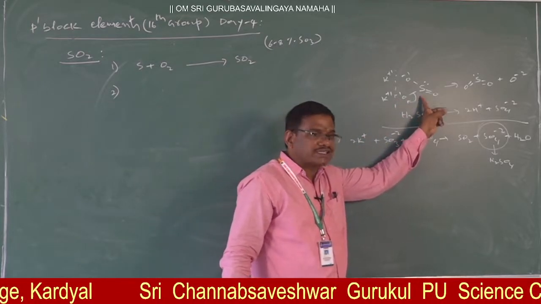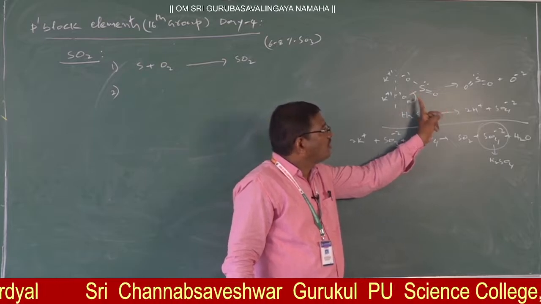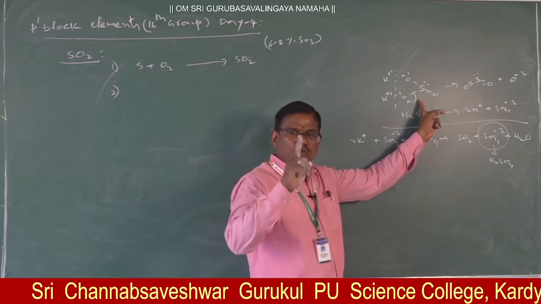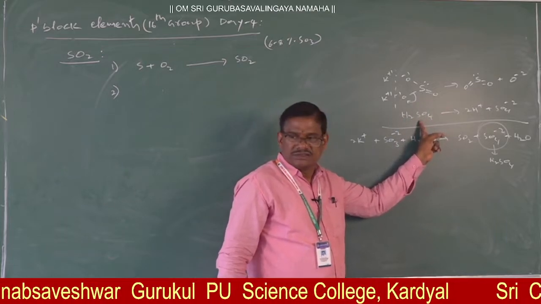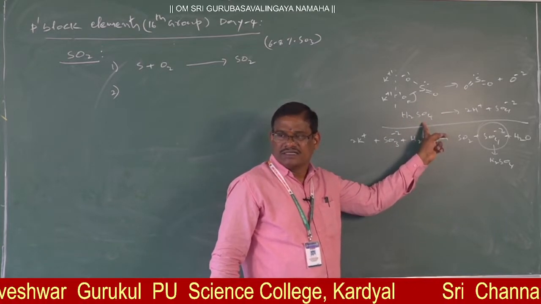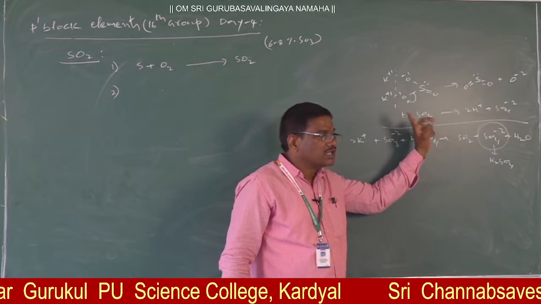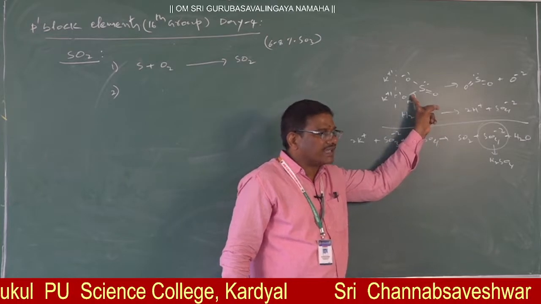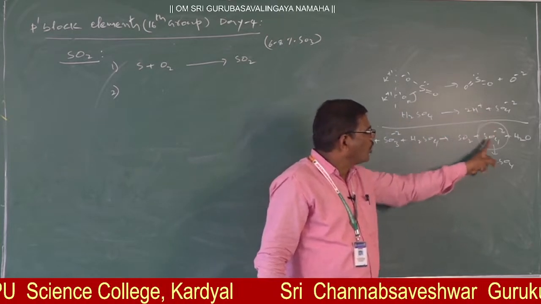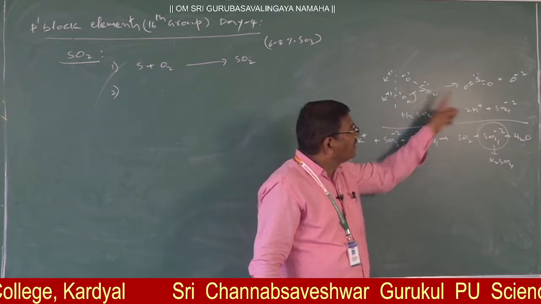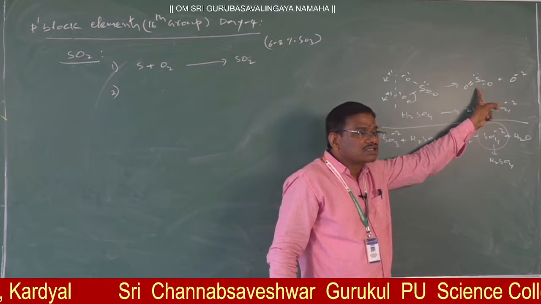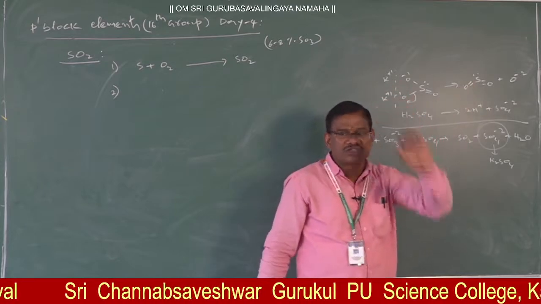Whenever a sulfite salt is there, that sulfite salt loses one oxide. To whom? Sulfuric acid. Here sulfuric acid is an acid; it ionizes and gives H plus ions. Those H plus ions take this oxide and convert it into H2O. After the loss of oxide, what is leftover? Sulfur dioxide. Like this, sulfur dioxide is going to be prepared.